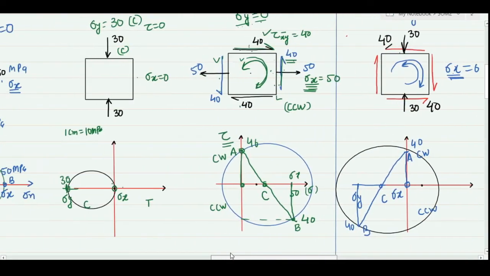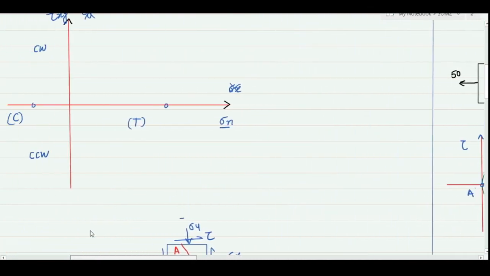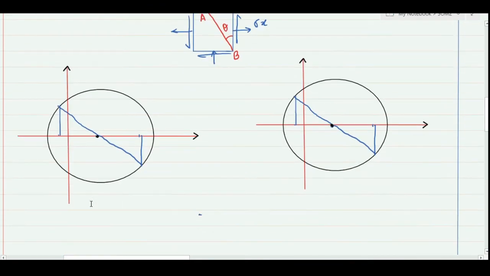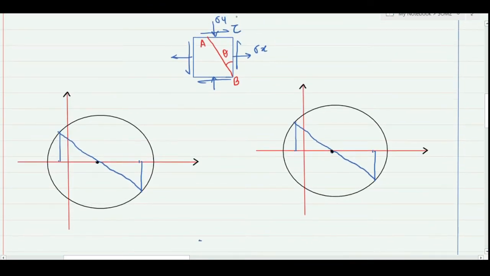After understanding the construction of the Mohr circle, let's try to understand, if we have a constructed Mohr circle, how to identify different stresses. For example, I have a problem where all the stresses are presented, and I have already constructed the Mohr circle. So this is my Mohr circle for the given problem, and I am interested in finding the normal stress as well as the shear stress on this oblique plane, let's say A dash B dash.